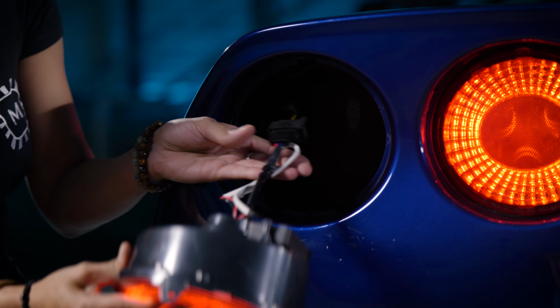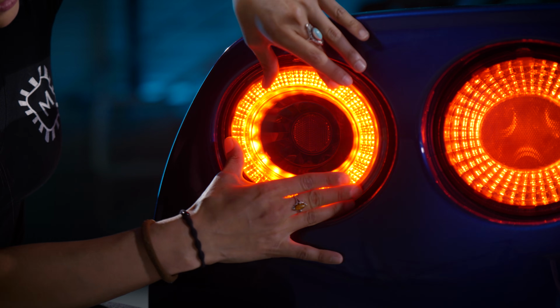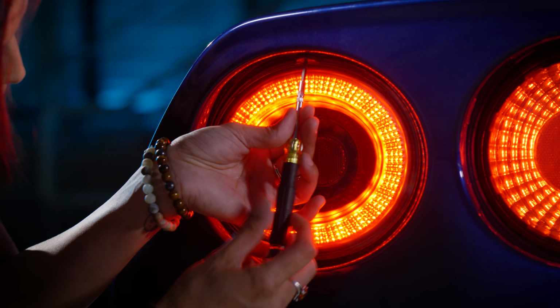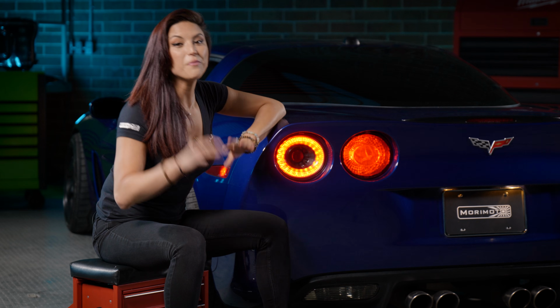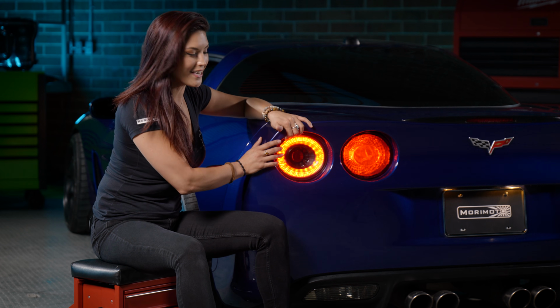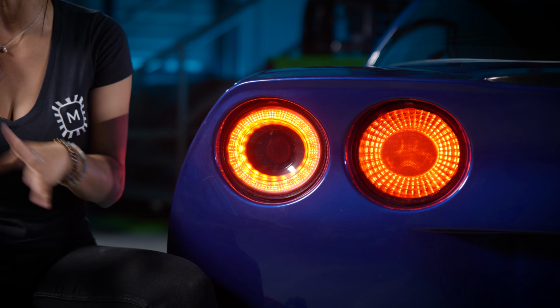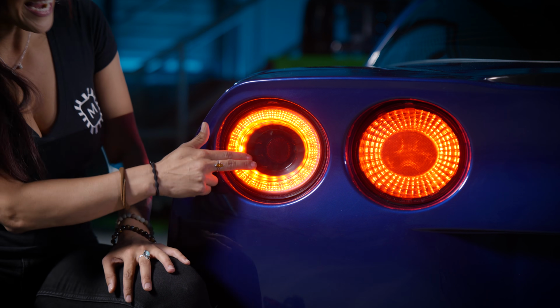All right, now with the harness in, you can go ahead and just slide it right back in where your OEM was, and then just take that screw and reinstall it. Now before we continue with the install, just look at the difference between the Morimoto XB taillight and the OEM one. It is so much brighter, it has such an awesome modern day look too especially, and it was so